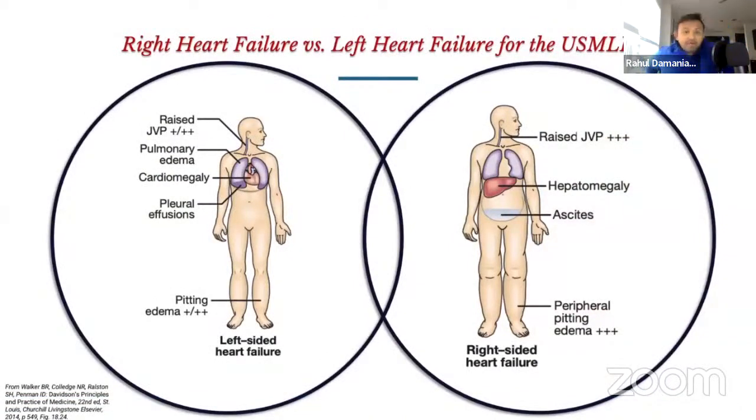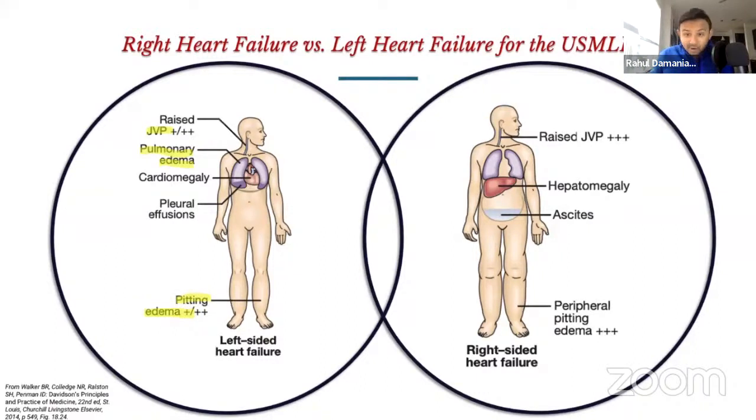So here is a very nice Venn diagram that kind of helps you discern right heart failure from left heart failure. Now, remember that when it comes to the most common cause of right heart failure, it is usually going to be left heart failure. So when it comes to left heart failure that we saw in the question, blood is backing up from the left ventricle into the left atrium and then is going to flood the pulmonary vasculature, causing you to have increased pulmonary edema. That blood is then going to go into the right ventricle, right atrium, and you're going to have raised jugular venous pressures. You're going to have pitting edema, and you may even have some hepatomegaly.